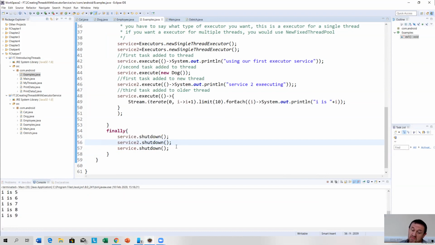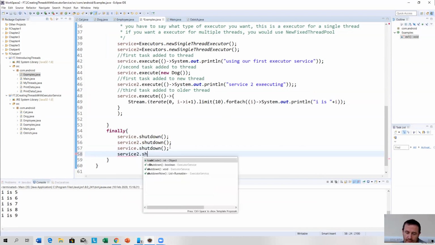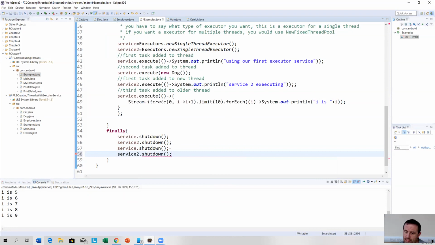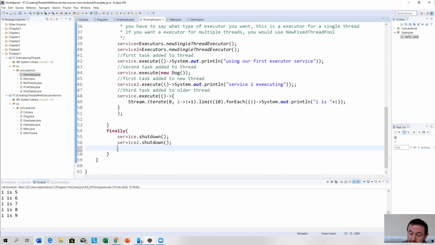I thought it gives me an executor. Let's see. No, okay, I don't know. Anyway, you're supposed to put in a check to see if your service shut down. So there's a number of ways to check to see if your service is shut down. So one of them is if